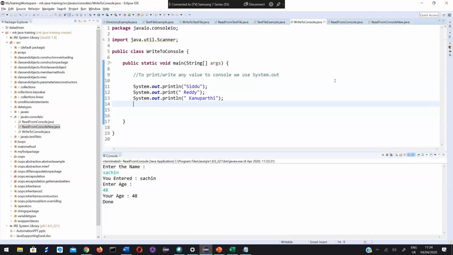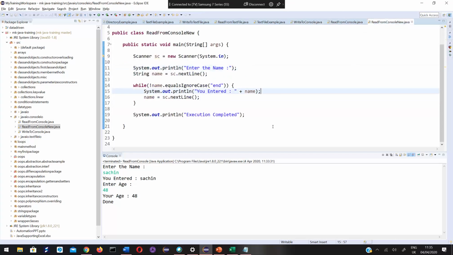In real time, we run all our code somewhere on the servers, right? Not using Eclipse. We simply build jar files and we deploy those jars onto some Linux machines where there is no IDE at all. We simply run those jars. There is no need for us to read values from console like this. But I want you to know these things.